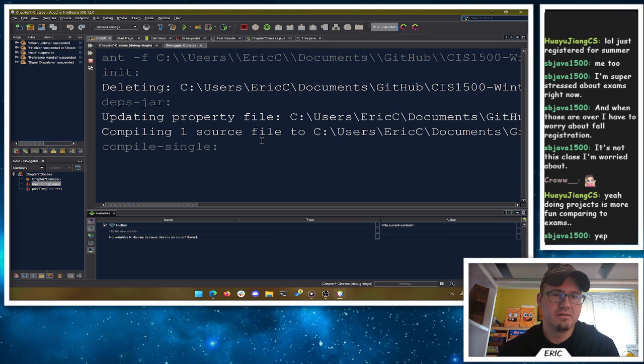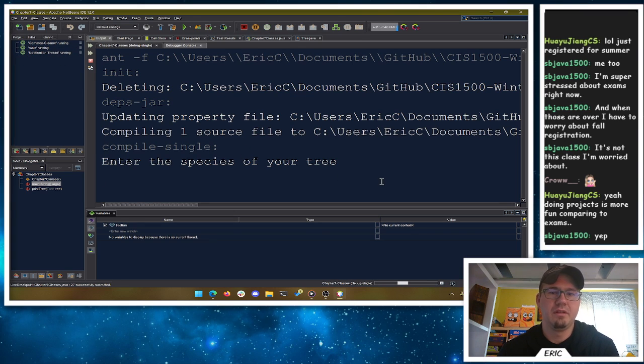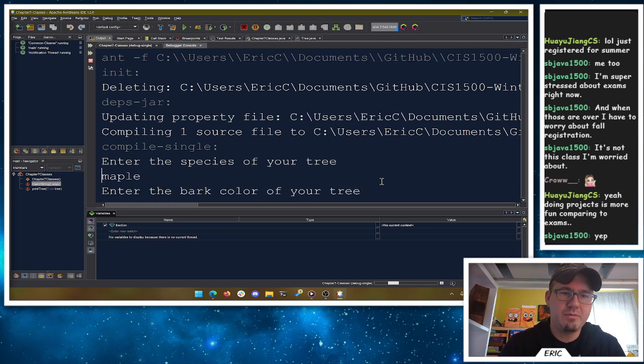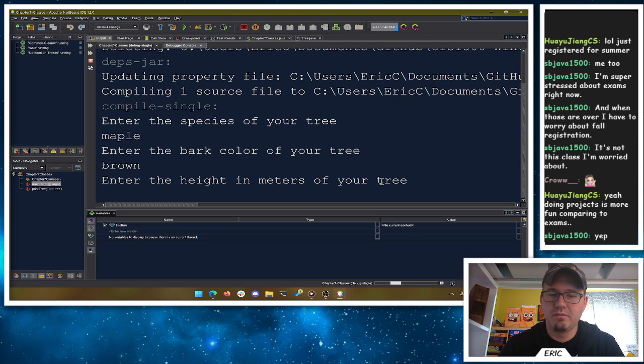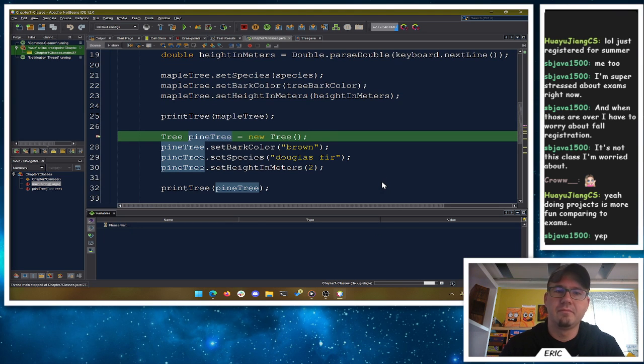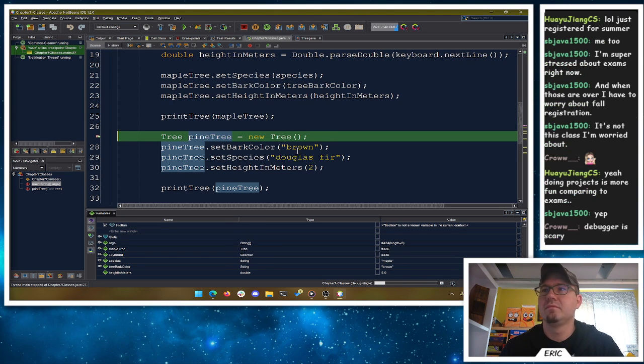Okay. Enter the species. We're going to do a maple tree with brown bark and, I don't know, 5 meters tall. Why not? Debugger is scary. All right. Debugger is definitely your best friend. Debugging is awesome.